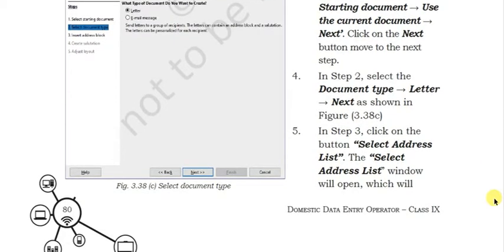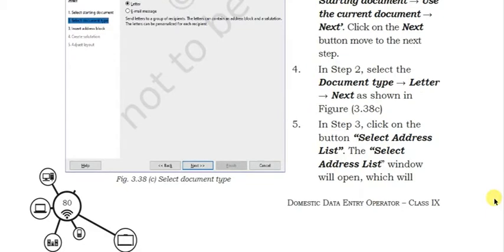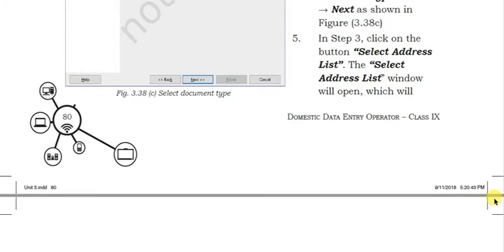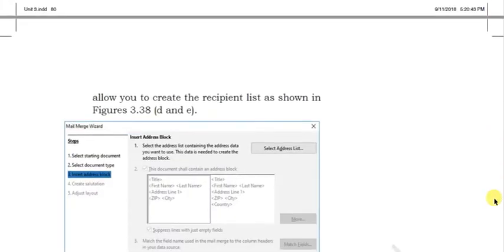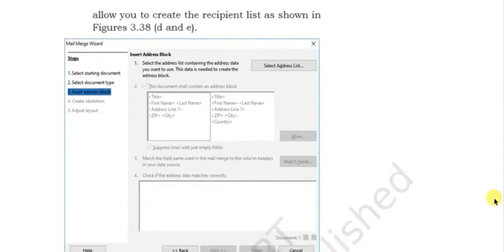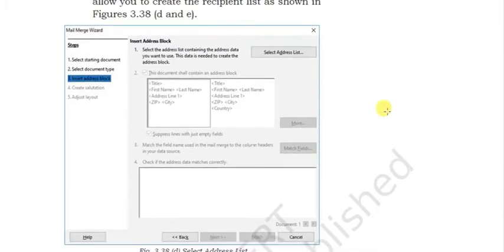In the third step, you will click on the button Select Address List, and the list will appear. You can see this. Insert address book, and here you can select an address list.